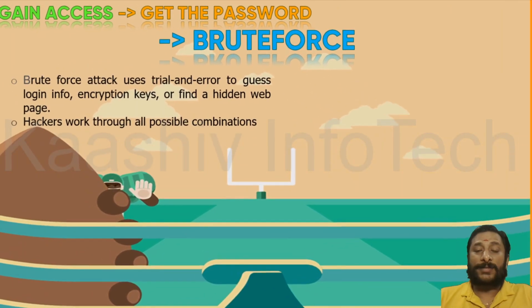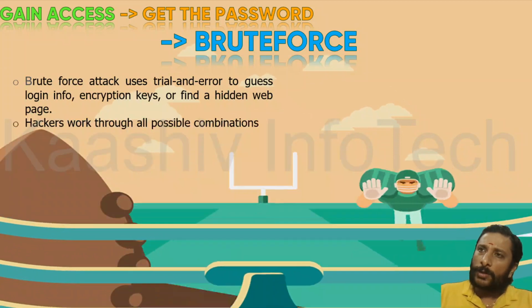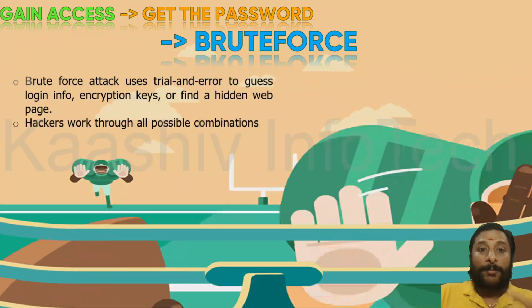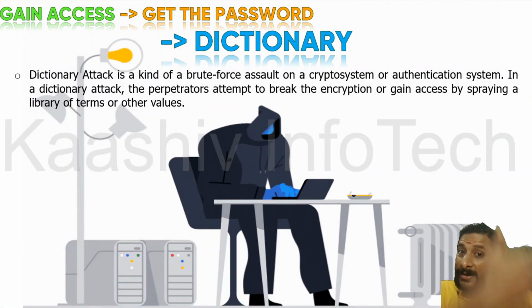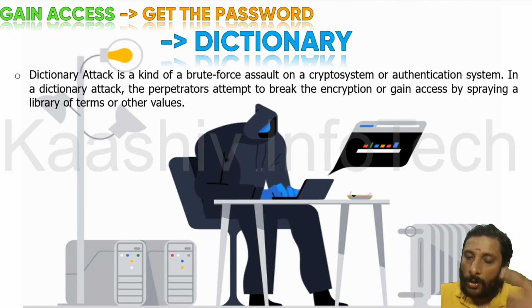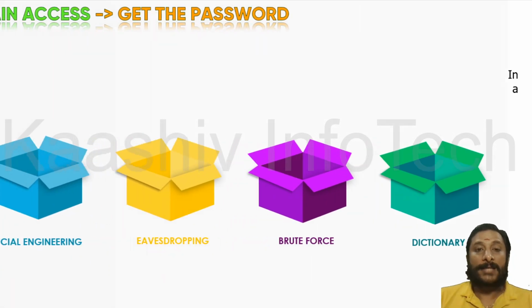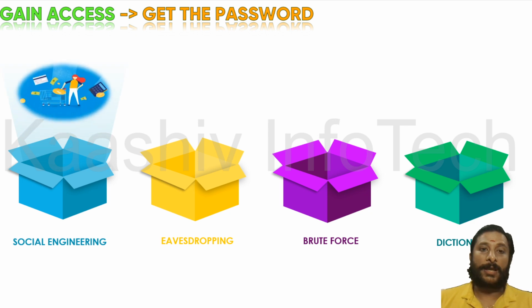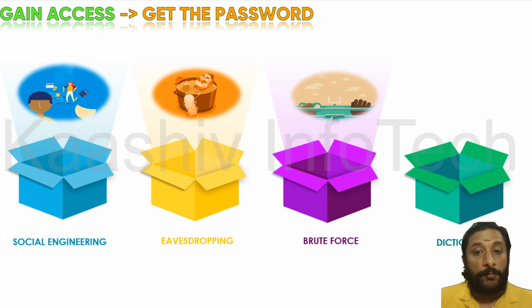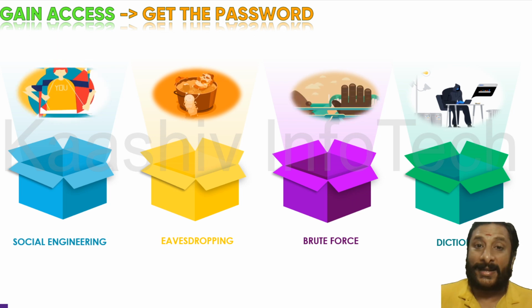And here is the brute force attack, trying possible passwords. For a user Venkat, the password may be Venkat12, Venkat123, 1234. They will try various combinations in brute force attacks, and they will maintain a dictionary. From this dictionary they will try alternatives to get the password. This is a kind of dictionary attack. This is how password attacks happen to gain access: social engineering, secretly grabbing information, brute force attacks, or dictionary attacks.